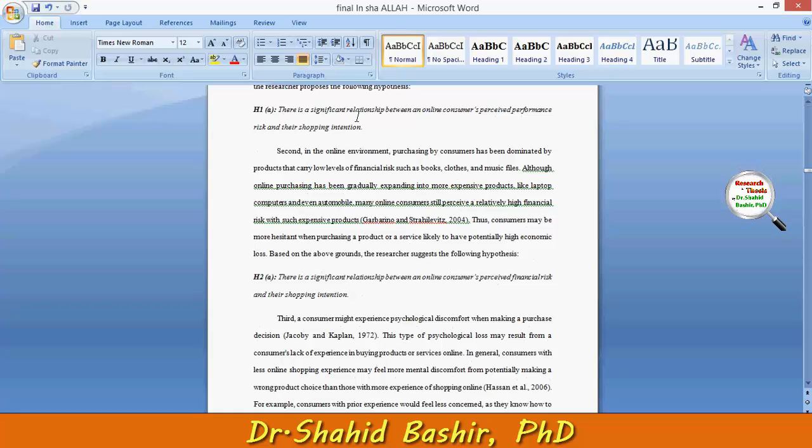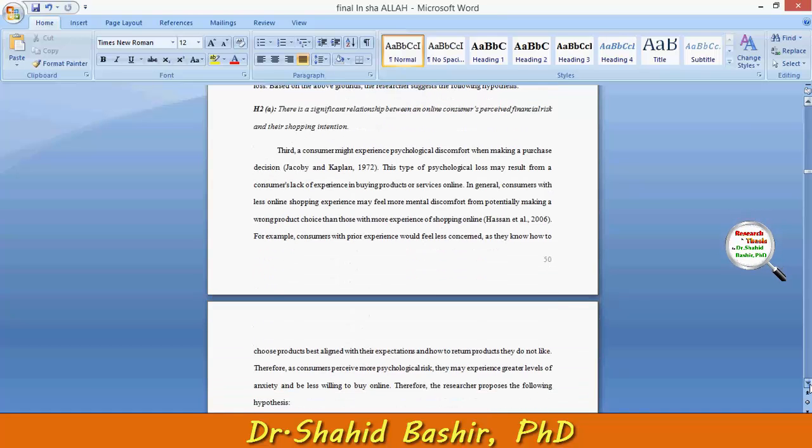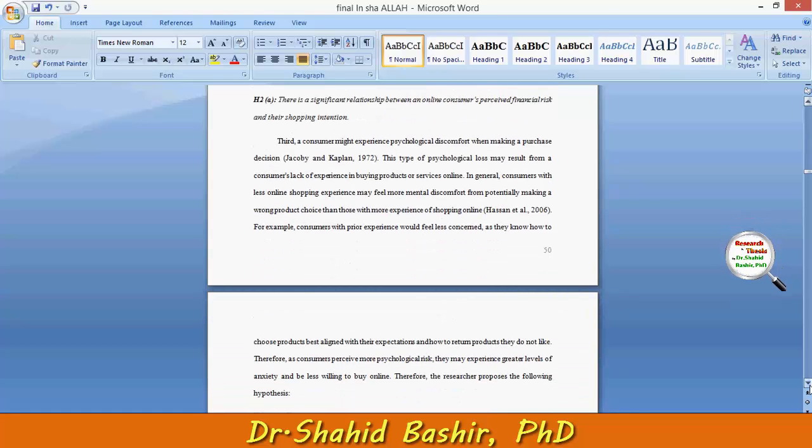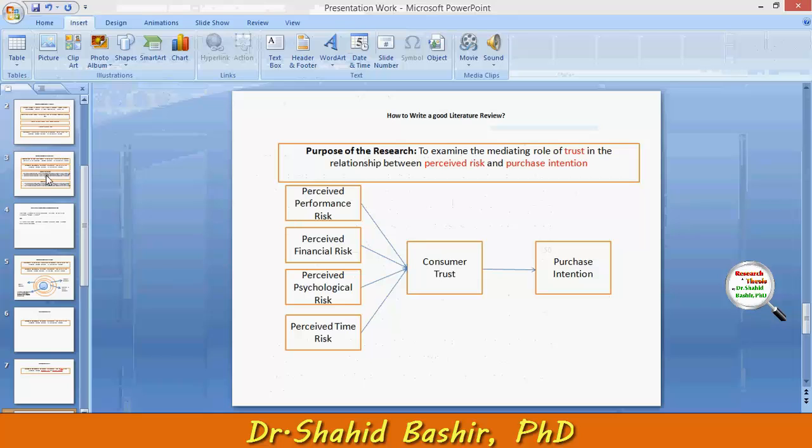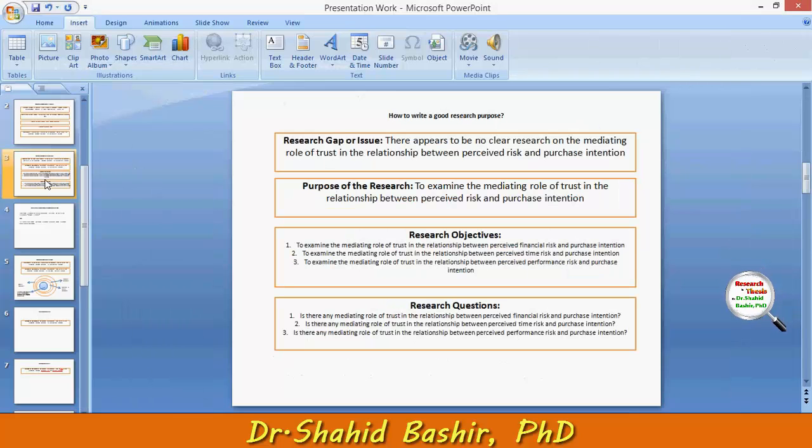There is a significant relationship between an online consumer's perceived performance risk and their shopping intention. Just bear in mind here that your research objectives and research questions are usually based on those research hypotheses.